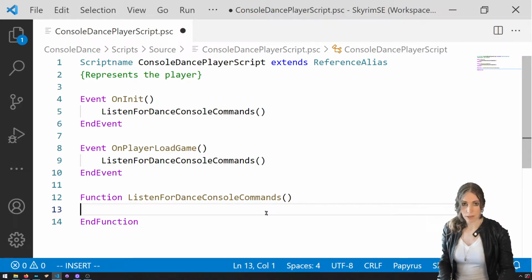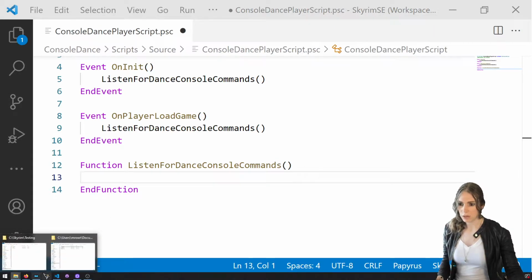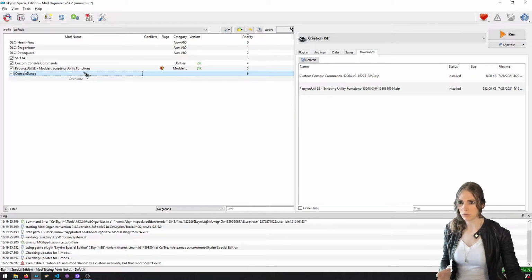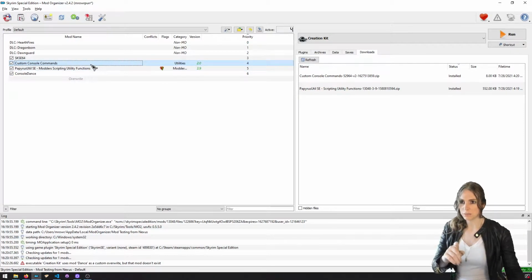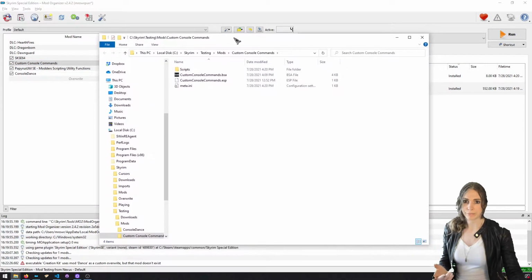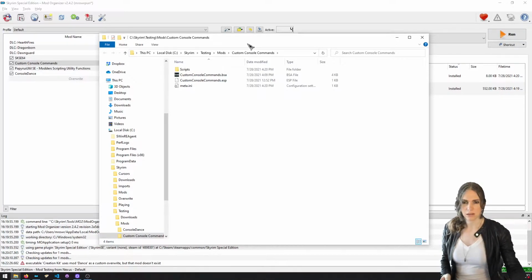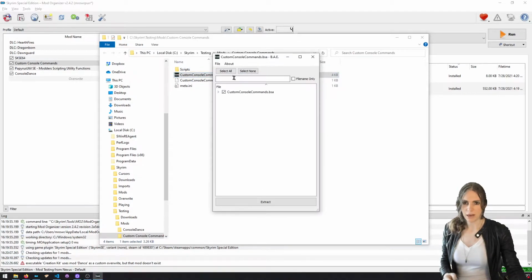Now, how do we do this? What do we do for custom console commands? Well, we can head on over to Mod Organizer 2, or you could do this with Vortex. We're going to click on Custom Console Commands, right-click to open it in the Explorer. For Vortex this would be at C:\Users, your user, AppData, Roaming, Vortex, Skyrim SE, downloads or something. What we get here is a BSA that has all of the compiled scripts,